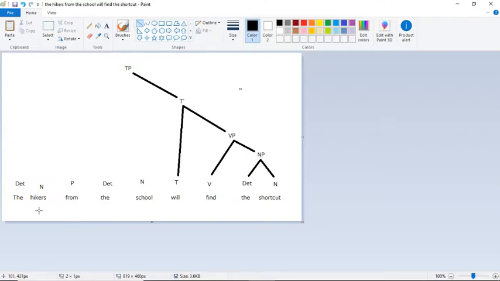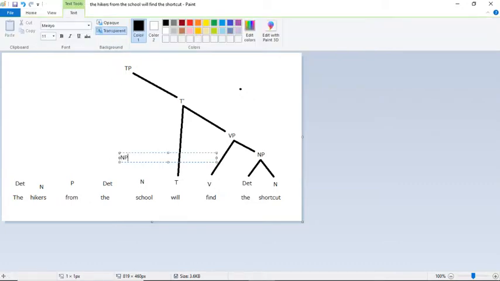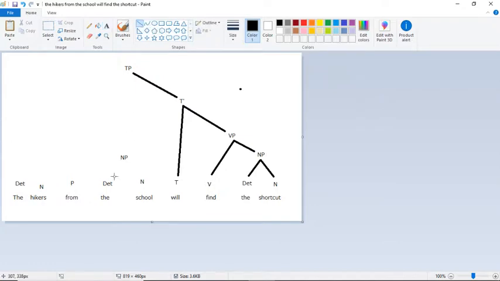So the only thing we have to do now is figure out how to construct this noun phrase. Okay, so rather than connect this up and make a noun phrase, I'm going to start from the furthest right that I can go. Because if I connect this up to a noun phrase, I'm actually going to run into some trouble in a second, and I'll show you why. Okay, so if I'm making my noun phrase here, that's just fine. And now it's pretty obvious that from the school is a prepositional phrase